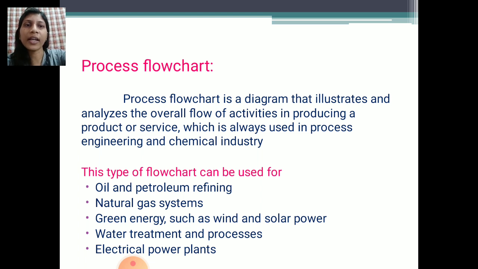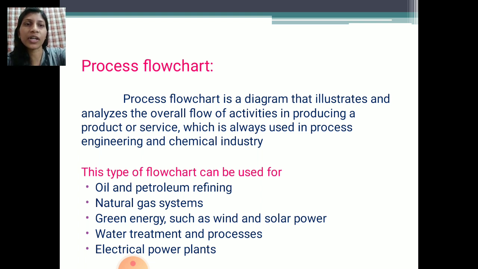In the engineering and chemical industry we are using this type of flowchart.